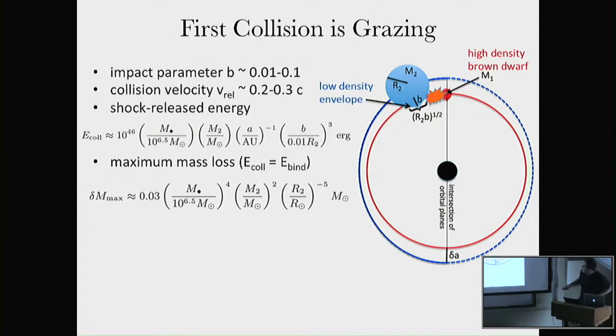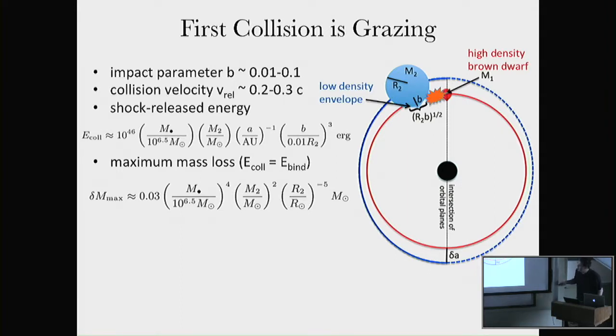So typically, depending on the mass of the black hole, the less massive star here, which has the same density as the other since they're both overflowing the Roche lobe onto the black hole, is actually physically denser, and it will collide with the more massive one with an impact parameter that might be a few percent of its radius typically. But on these scales, the orbital velocities are enormous. They're like fractions of the speed of light. So even that single collision will produce a shock heating of the lower density star, and inject a bunch of energy into it.